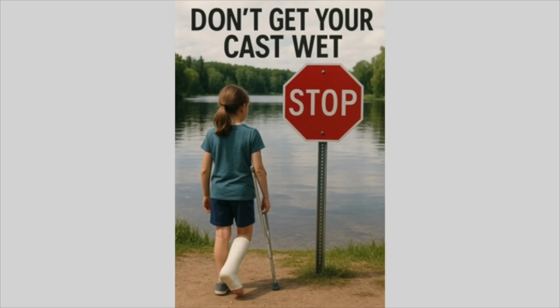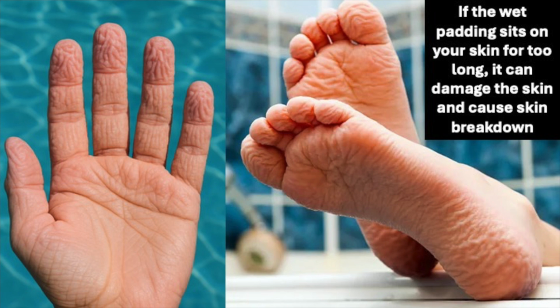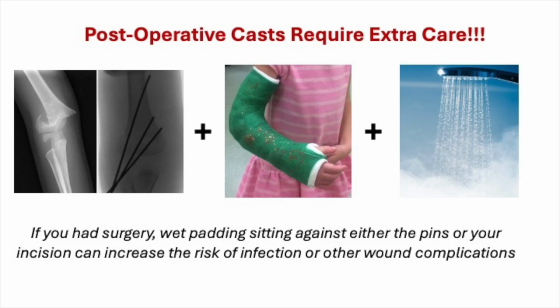No, you cannot get your cast wet. If the wet padding sits on your skin for too long, it can damage the skin. It would be like if you left your hand in the bathtub for a month. If you had surgery, wet padding sitting against either the pins or your incisions can increase the risk of infection